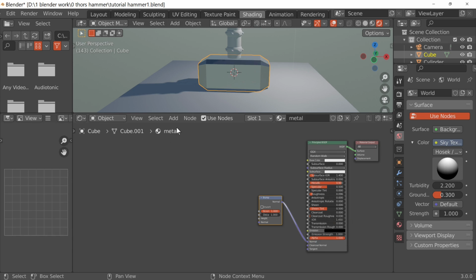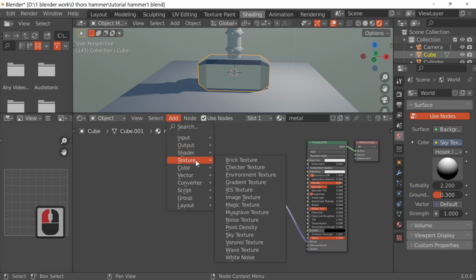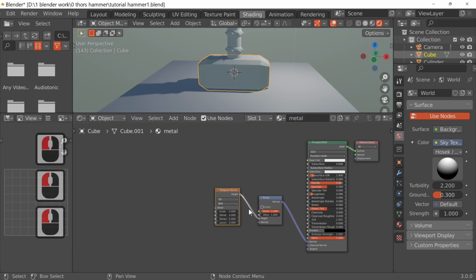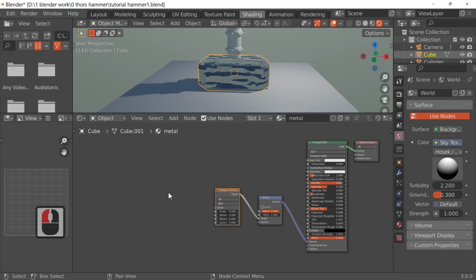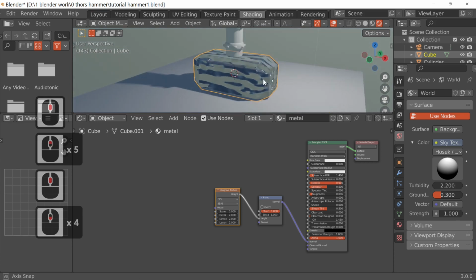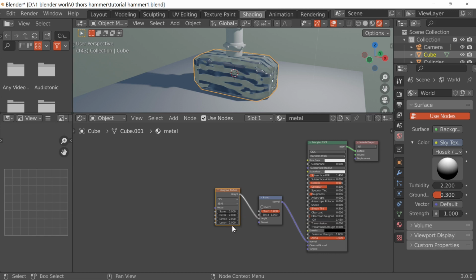And the next thing we're going to add in is a Musgrave texture. Like I say, you can type in Musgrave, but I know that's under texture, so we're just going to put that into Musgrave texture, and we're going to put the height to the height. And as you can see, we've now got this kind of shape on our hammerhead. I'm just going to leave these as the default as well, 5, 2, 2 and 1.